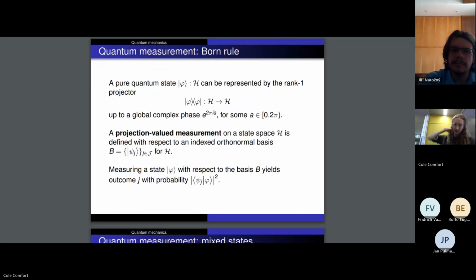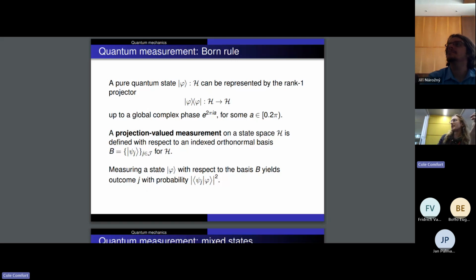Okay. So in quantum mechanics, oftentimes we don't think of pure states themselves as being physical. What we'll do is take the rank 1 projector onto the Hilbert space. So this is the exterior product of the quantum state with itself. Recall that I required that this phi, to be a quantum state, all it has to be is normalized. But really what I'm going to think of it as is an endomorphism on the Hilbert space given by the outer product with itself.